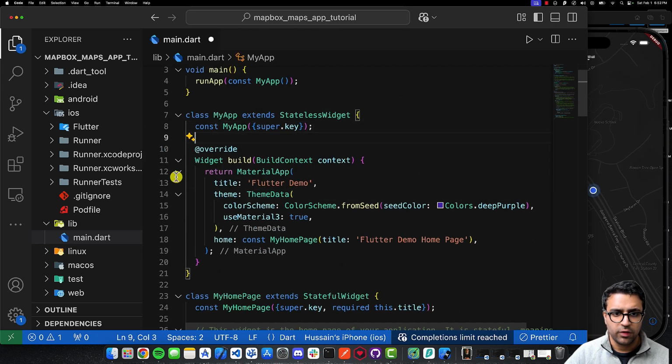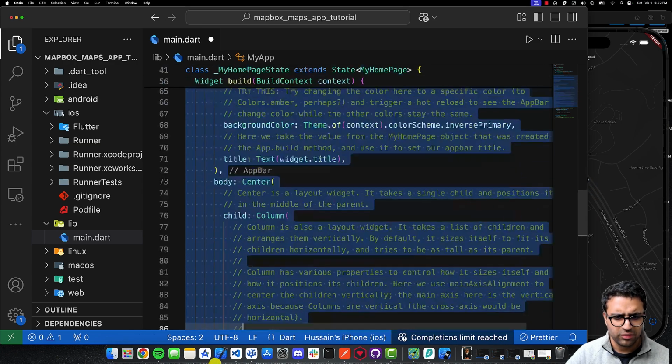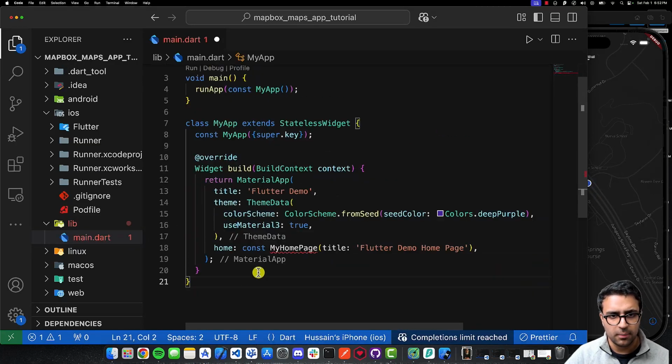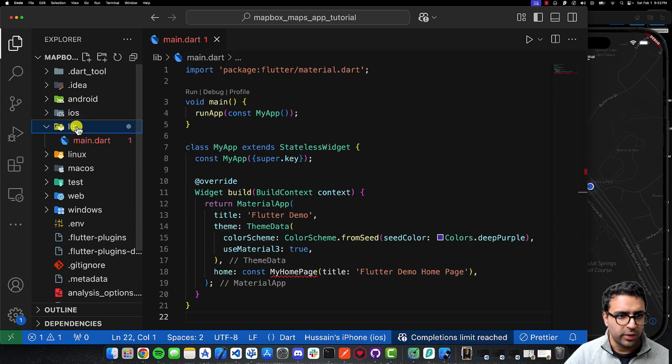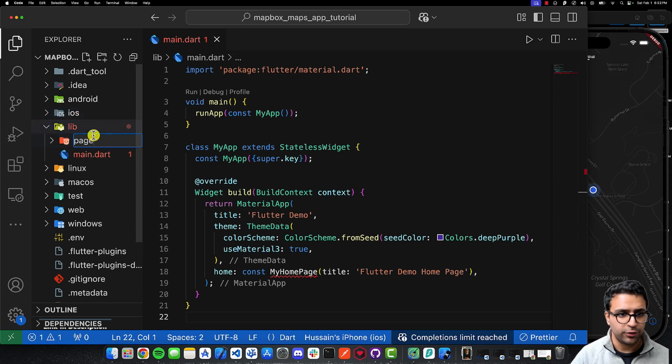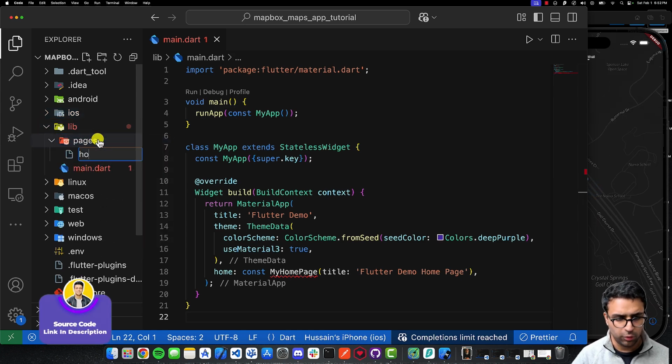And once I've removed all of the comments, I'm also going to remove the MyHomePage class and the MyHomePageState class. We don't need that. And then I am going to come to my lib folder. I'm going to create a new folder here called pages,